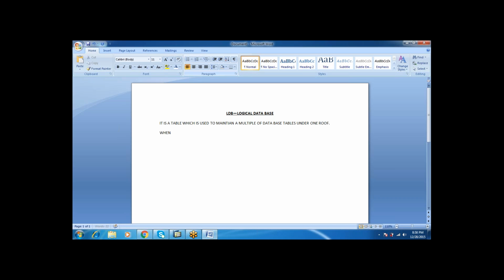So when we want to call the data from the database table, instead of interacting with the database table directly, if we can create one LDB, whenever we want, we can call the LDB,